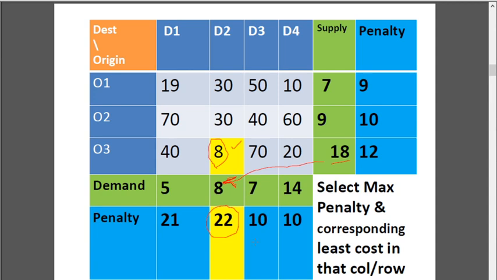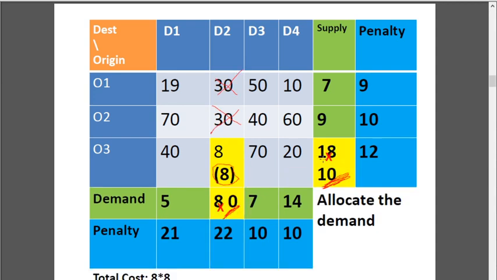Second step, select the maximum penalty, and for that maximum penalty's corresponding row or column, select the least cost. Once you have selected the least cost, that is a cell, the third step would be to allocate. So from the supply, allocate the demand and update the cost.